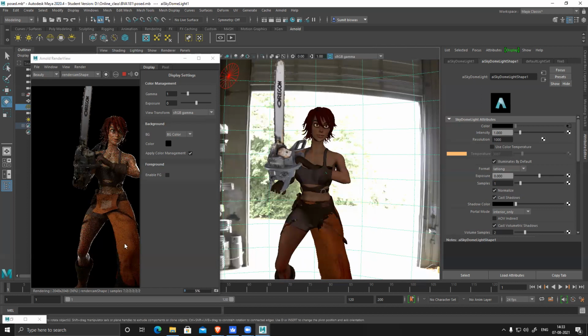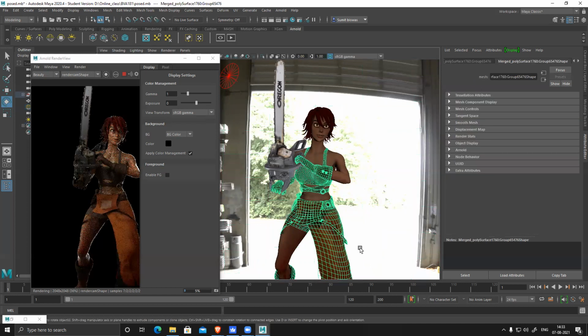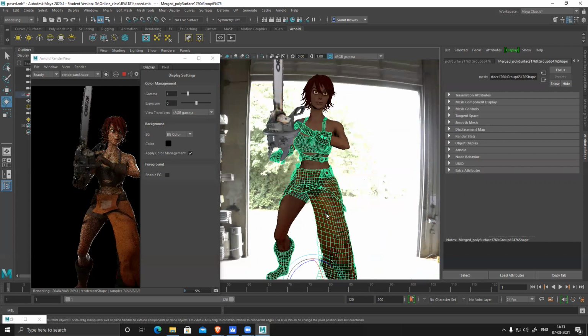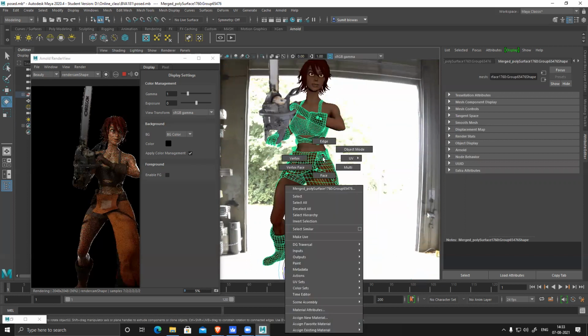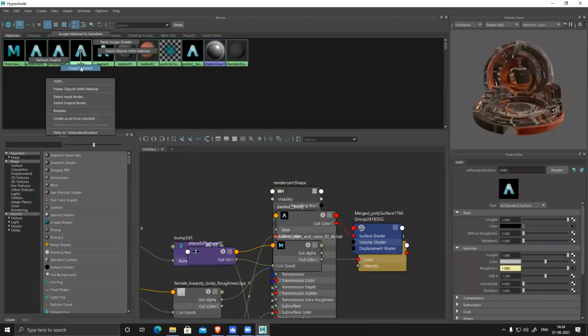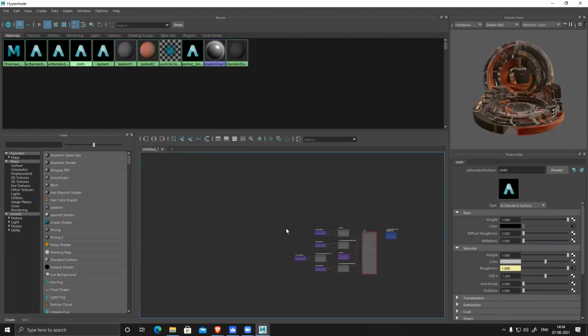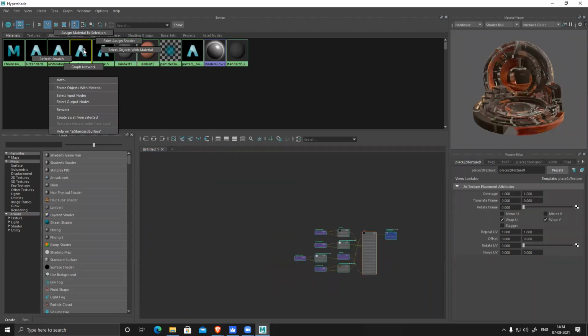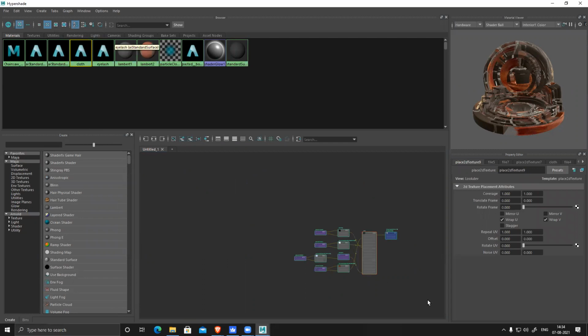Here I can see this cloth is toned and all, but it doesn't look very soft. So to make it look a little soft, I can apply a translucent subsurface. For that, I'll duplicate the existing material. The duplicate option is not there, so select this, Control C and Control V. We create a duplicate material.